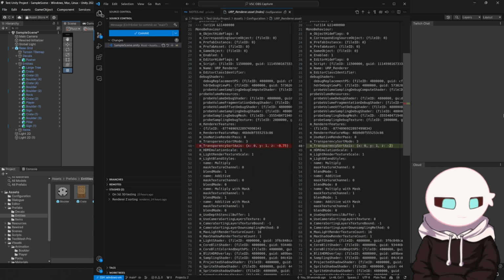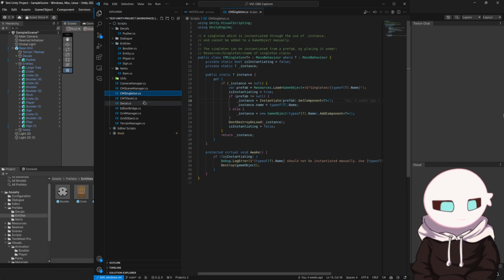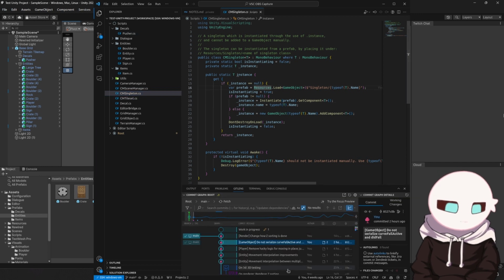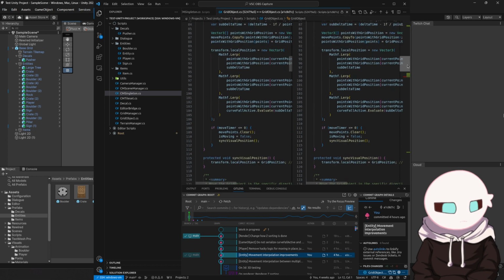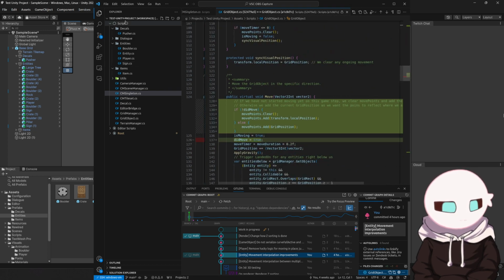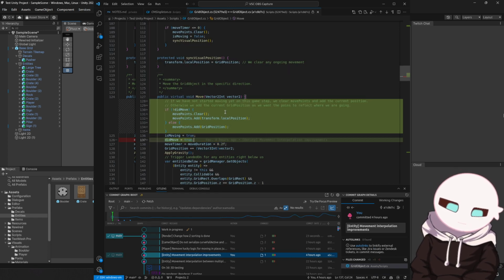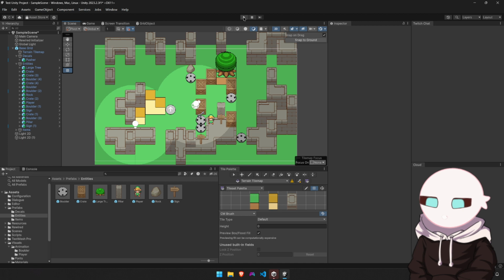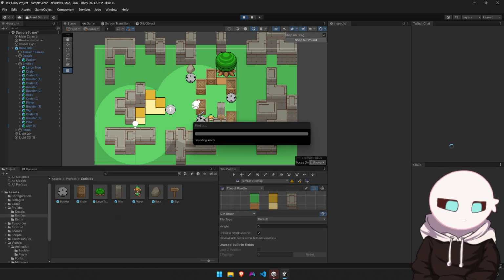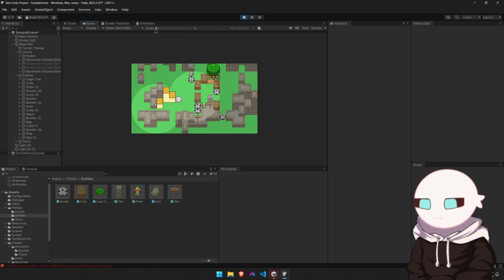So I also managed to fix the problem I had at the end of the stream last night. If we go and check this one and here, I basically only did this. I added a piece of code to detect when you do the first move on a game step. So if I start the game,